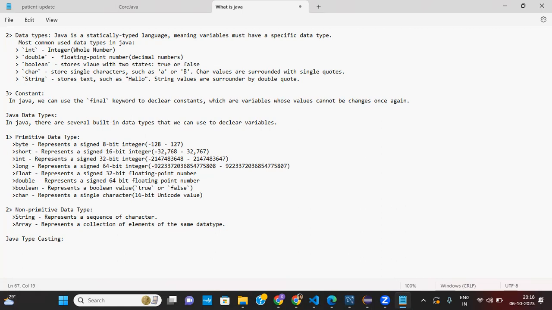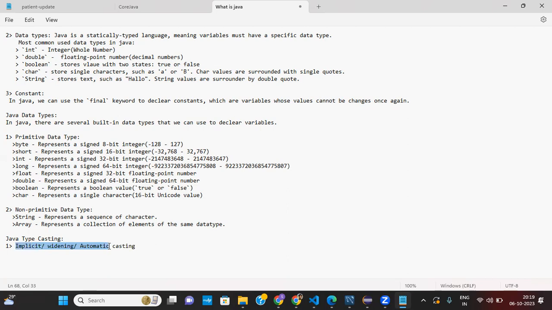So in Java typecasting, number one we have implicit slash widening slash automatic casting.